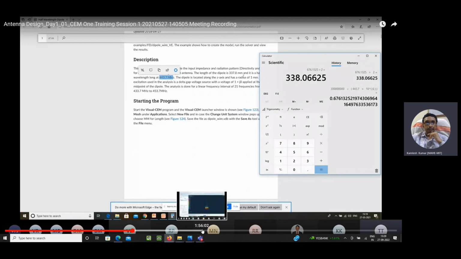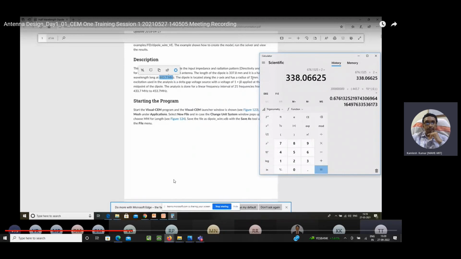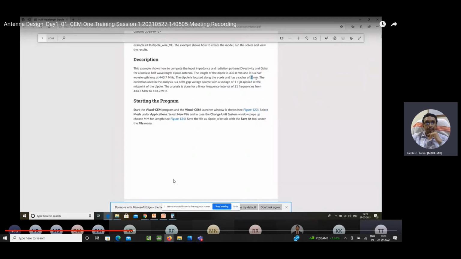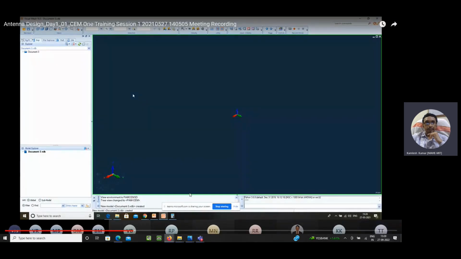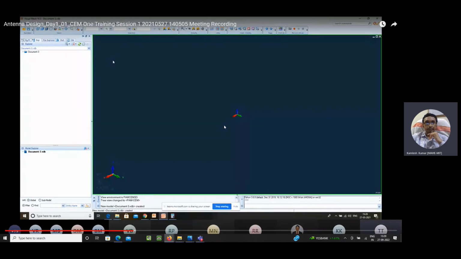So here, if you see, we have set it to 337.8 mm. This is my length, so I can now completely operate this antenna. The radius you can see is 1 mm. So note down these parameters and then get started. As of now, I'm opening the software. In order to get started with the dipole antenna, we can directly start with this particular node option. You can go to